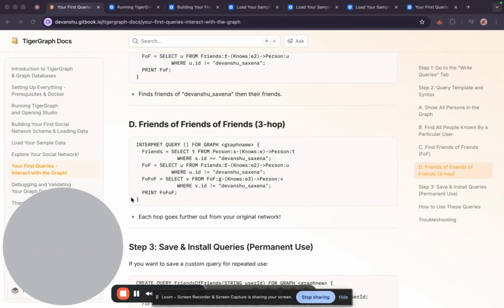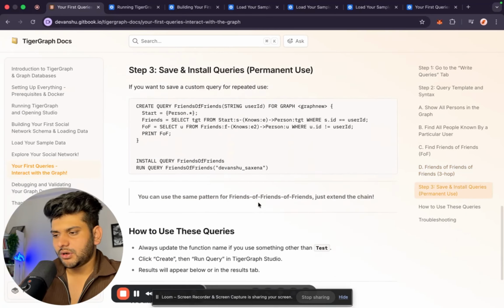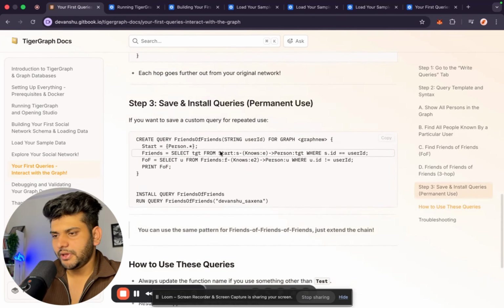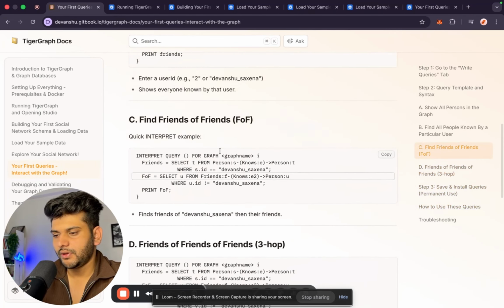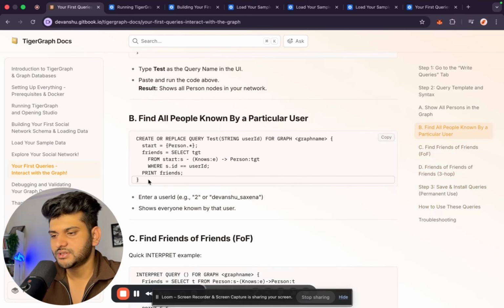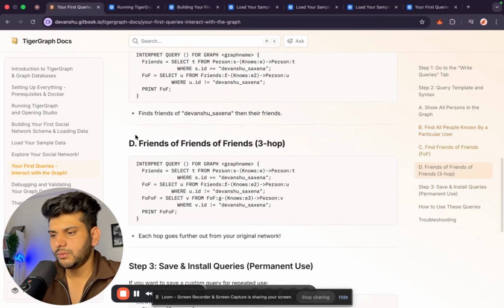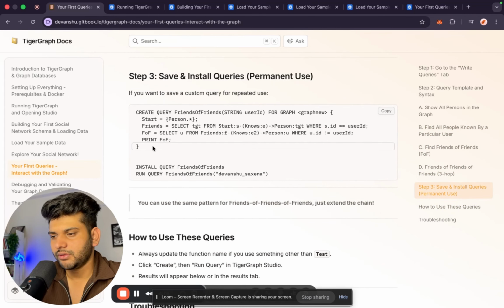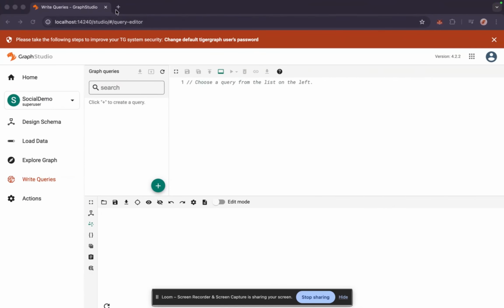Now we can even create a query and install it. You can create any query and just install it. So these are create queries. You can create this query even here. This is the friends of friends query. You can just create this query. You can even just go to